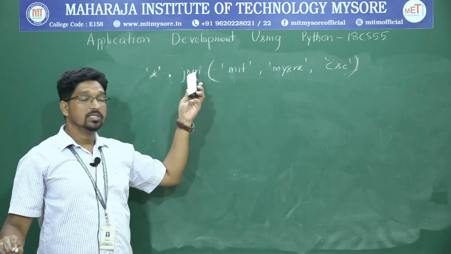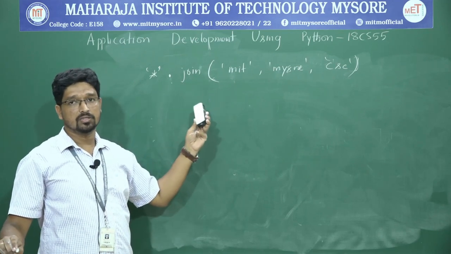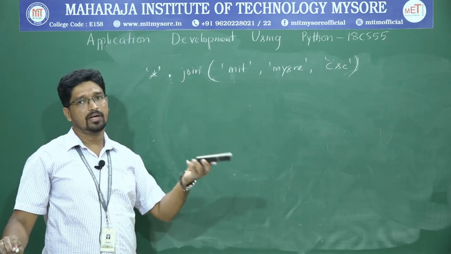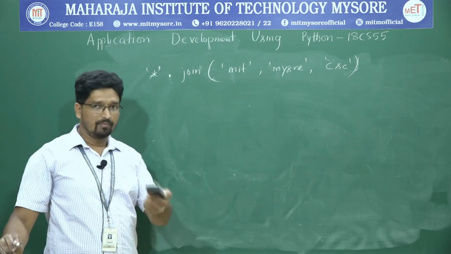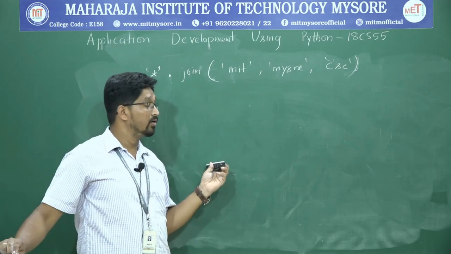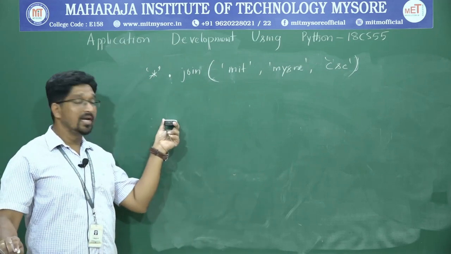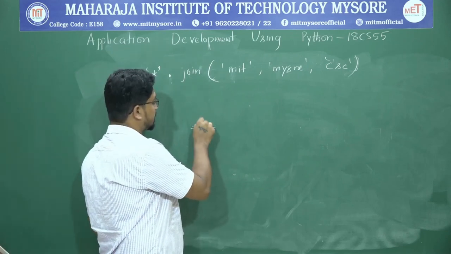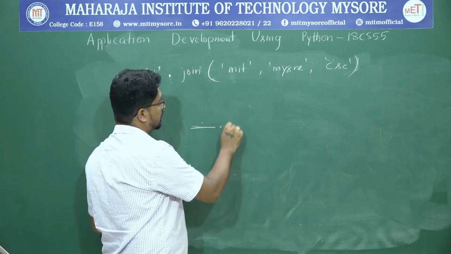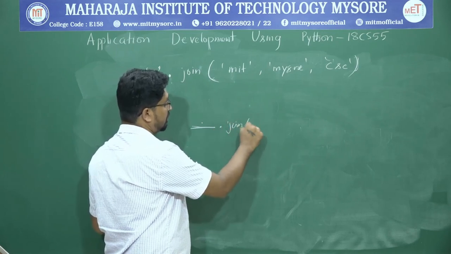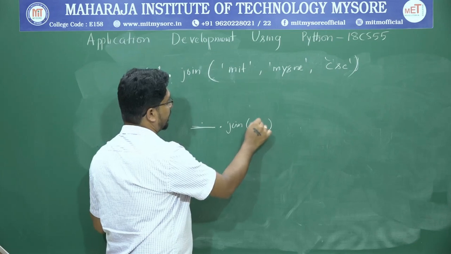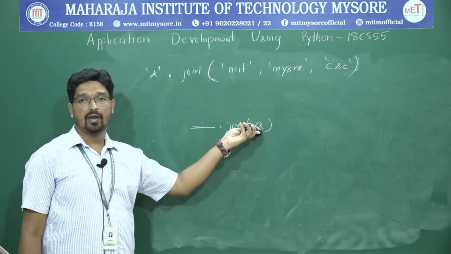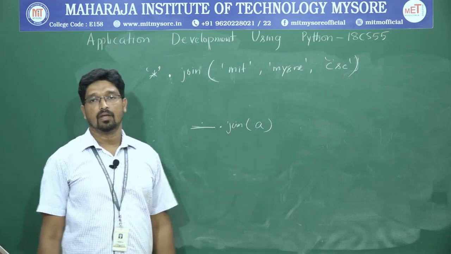So this is how you split and join strings. To split, it is very simple: A dot split, and the character by which you want to split. But when you want to join, first you need to put the joining character, either dot or space or star, then dot join followed by the input, whatever input you want to give. You can give the whole input or you can give a variable. Okay, thank you.